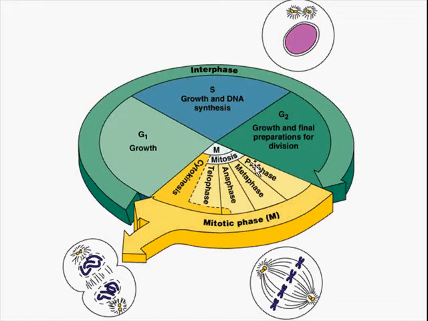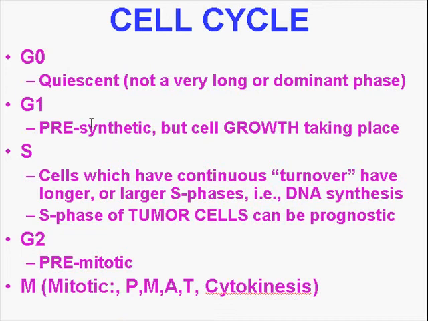Mitosis is classically PMAT: prophase, metaphase, anaphase, telophase. Prophase, you see the chromosomes appear. Metaphase, they're lining up at the equator. Anaphase, they're getting pulled apart. And telophase is the prelude to cytokinesis, in which you have the actual separation of these bags of string into two separate cells. So in the cell cycle, sometimes people talk about a G0 phase right after cell division, which